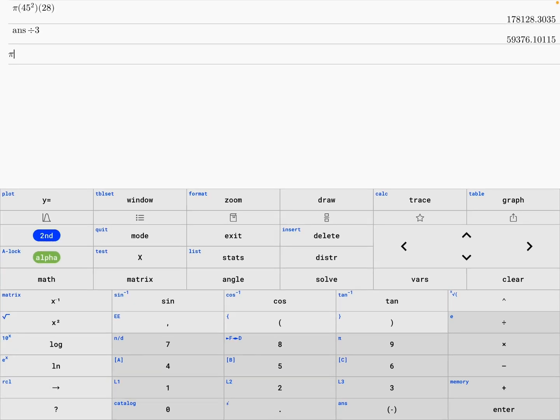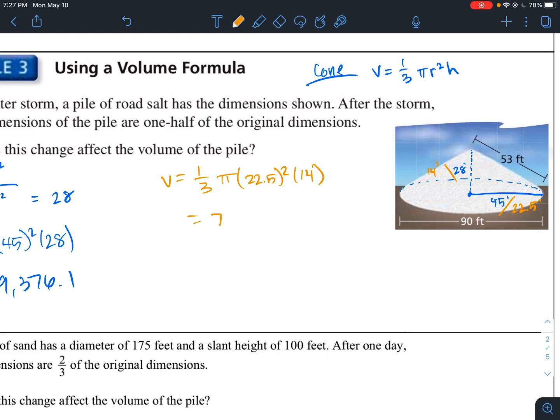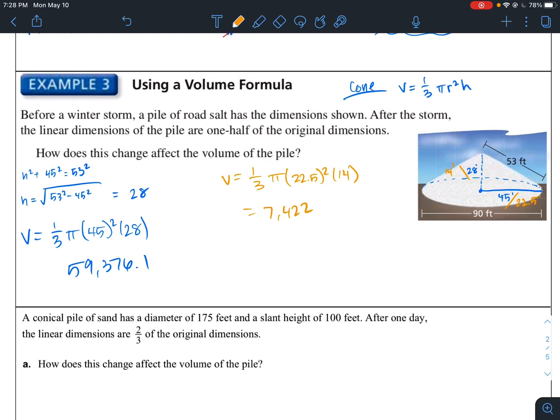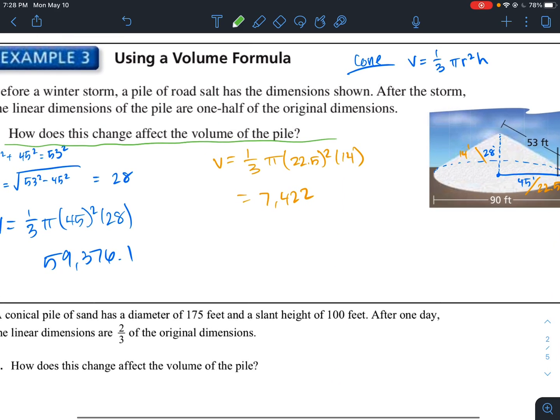So pi times 22.5 squared times the height, which would be 14. Take that amount and divide it by 3, and I get 7,422. Okay, now to compare, how does this change affect the volume of the pile? So we know that the dimensions are halved, but let's see the ratio of these two objects. So if we take the volume of the smaller and divide it by the volume of the larger,